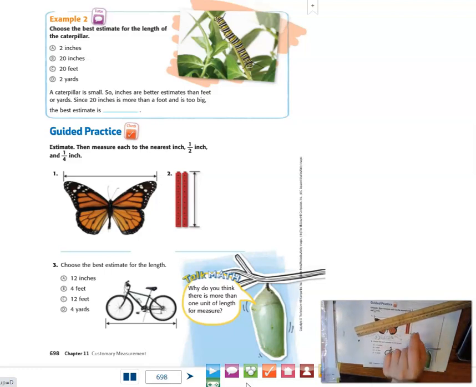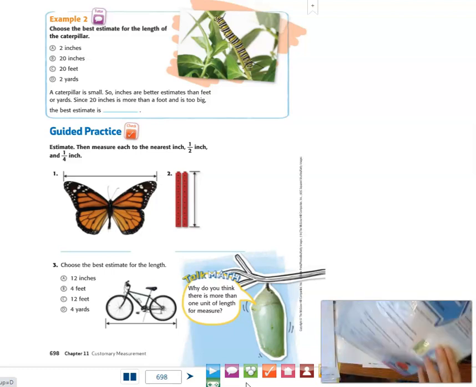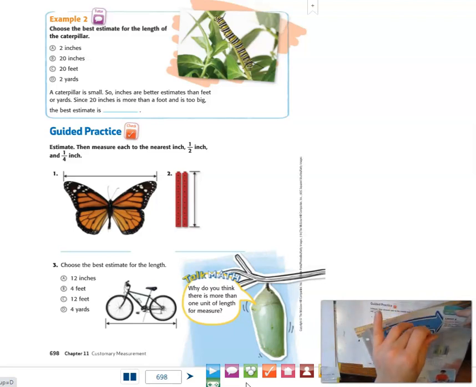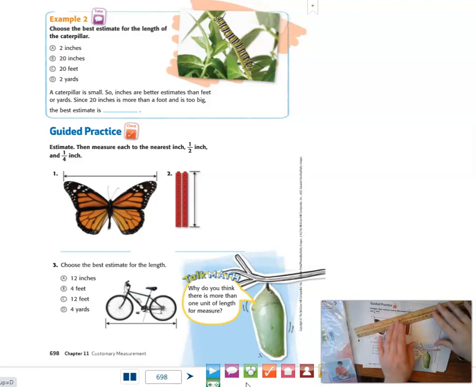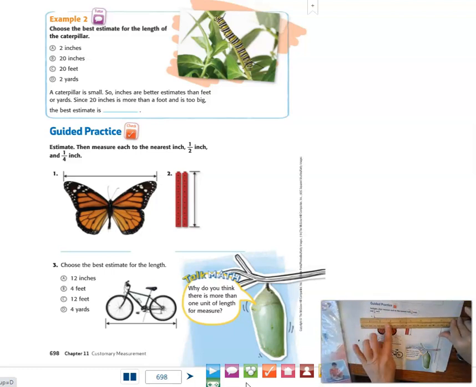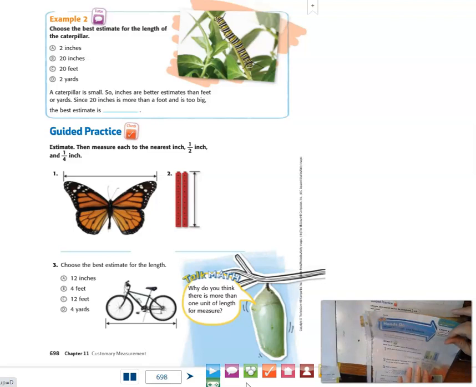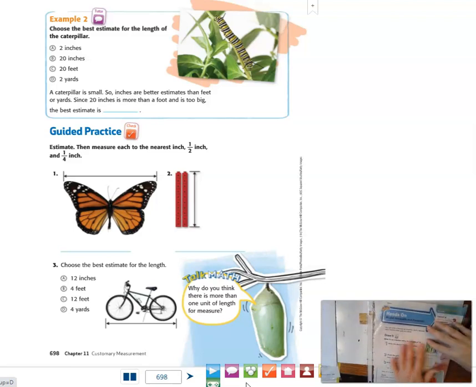I do know that in the beginning-of-the-year kit in the sheet protector that you got, there was a bunch of inserts, and in there was a ruler that you can cut and paste together, and that makes a ruler that you can use to measure on these. So you would need to go back and dig into the stuff you got at the very beginning of the year, back in August, and find those materials that were in that sheet protector,